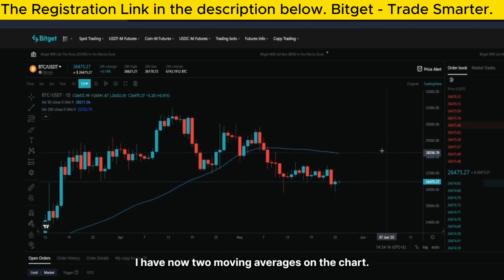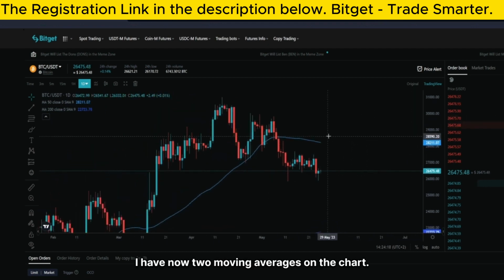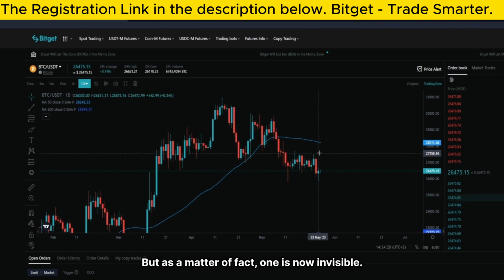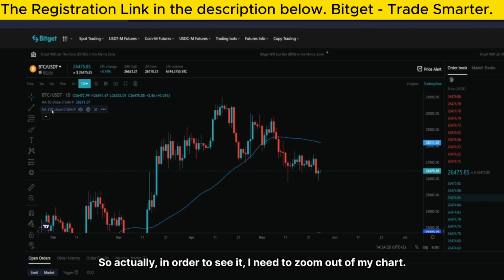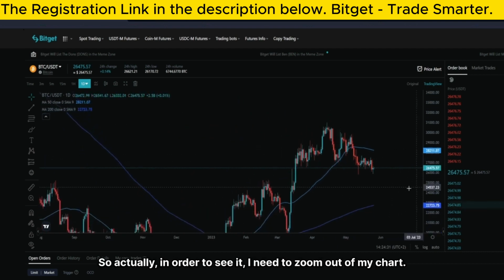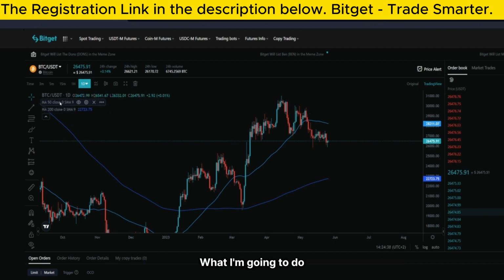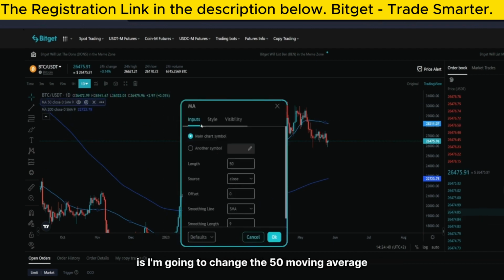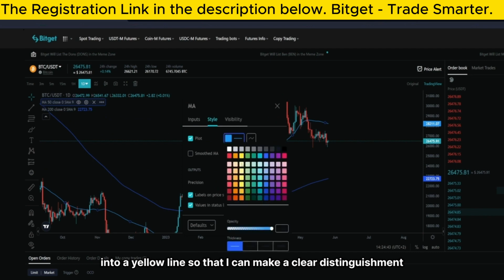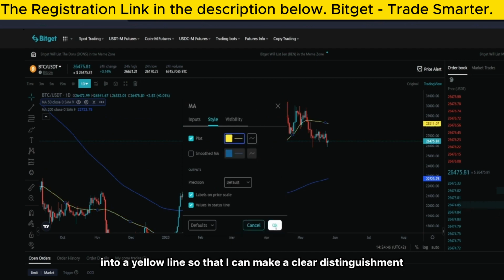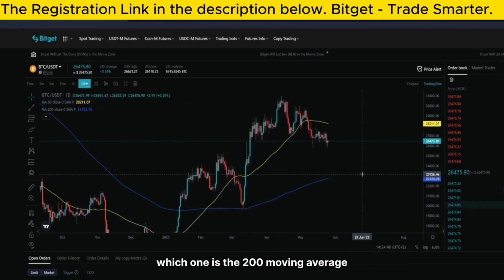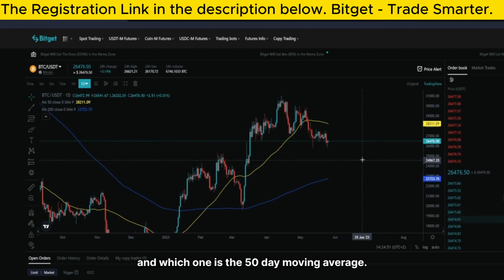As you can see, I now have 2 moving averages on the chart, but as a matter of fact, one is now invisible. That is because the 200 moving average is taken from a much larger time frame. So in order to see it, I need to zoom out of my chart. But there's a second problem. They have the same color, and I don't necessarily like that. What I'm going to do is change the 50 moving average into a yellow line, so that I can make a clear distinction between which one is the 200 moving average and which one is the 50-day moving